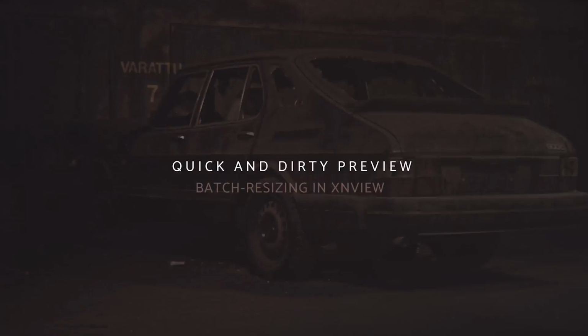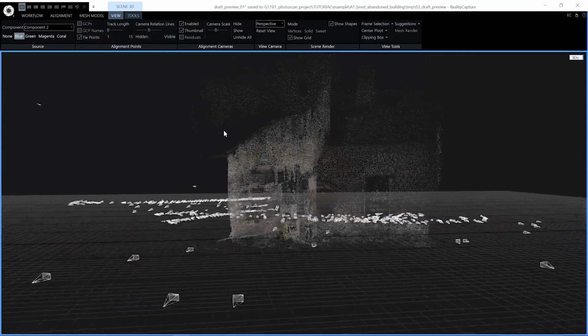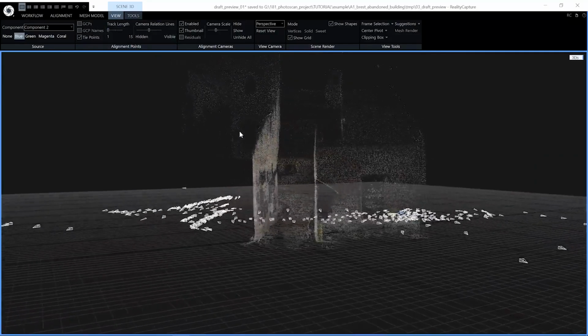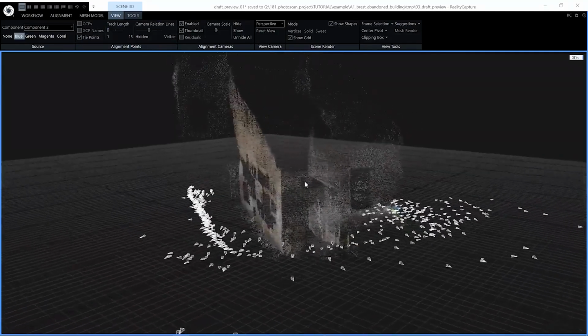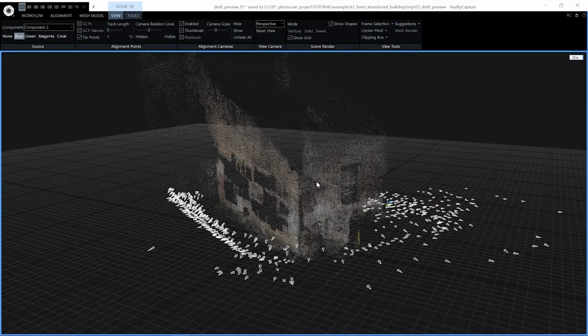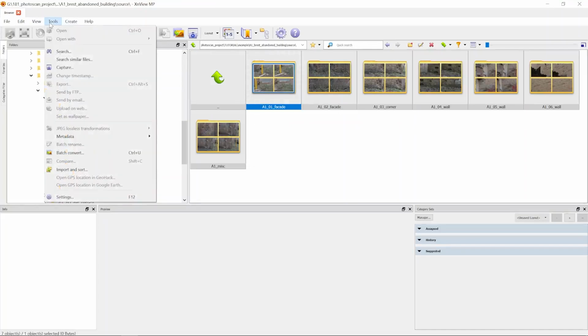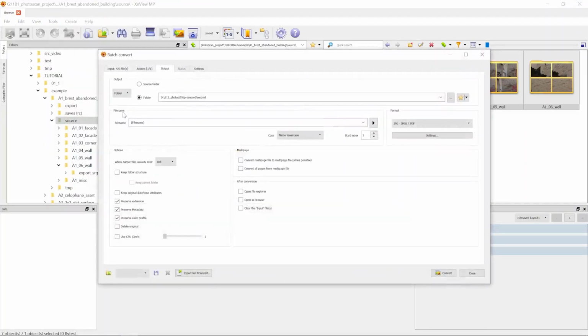Before the final reconstruction in Reality Capture, it's worth doing a brief or draft one, but how to do it in a blazing fast manner, maybe even on set. The key for the quick preview is being able to A. control the resolution and B. do it, well, quickly. In other words, we need some kind of batch resizing application. I often use the batch convert operation of the XnView free application, a free image viewer, to batch resize the images,